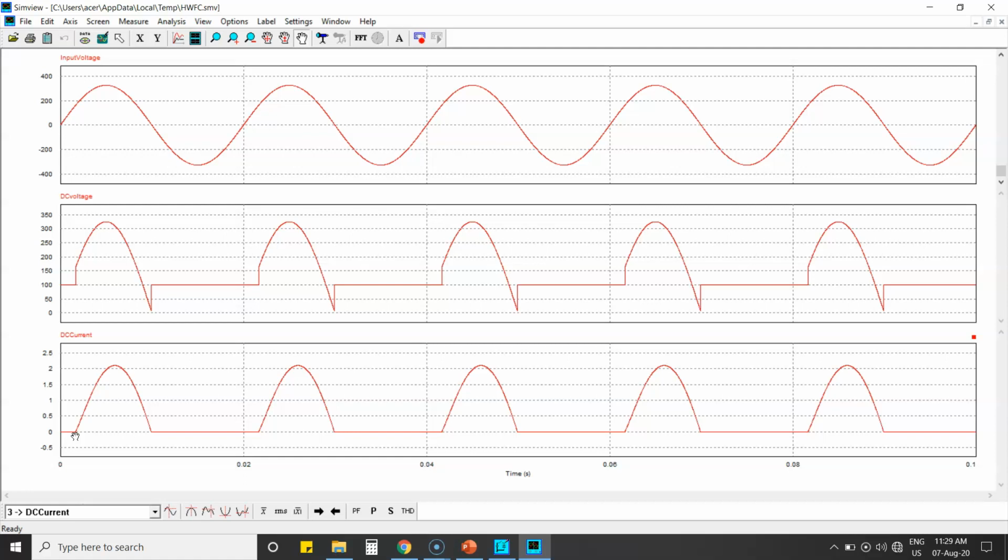That is, it is reverse biased due to the presence of the battery. So that's why the SCR is open circuited, and that's why we have 0 current at load side. But because of the presence of your battery, we have 100 volt here. So this is for RLE load.